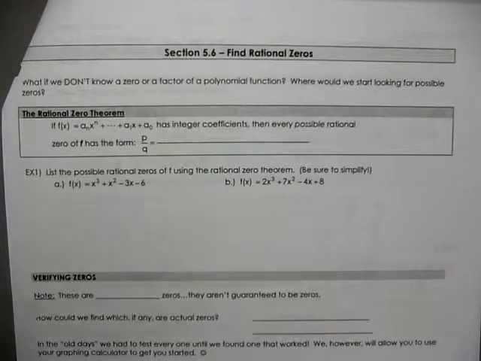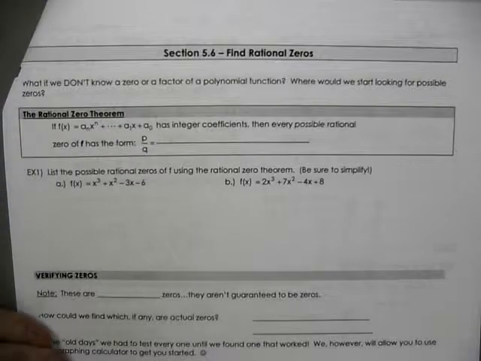This is Algebra 2 with Trig 5.6. We're going to find rational zeros. In the past, we've been finding the zeros of these polynomial functions, and we've been given a zero, or we've been given a factor so we could get the zero. What if we only have the function? If we don't know what the zero is,